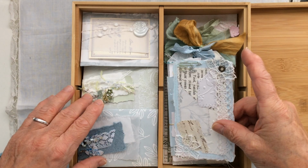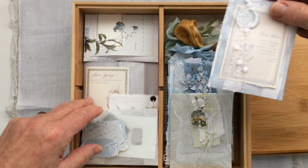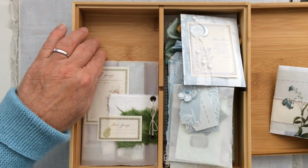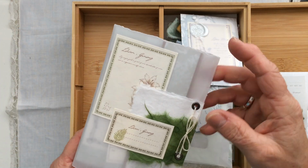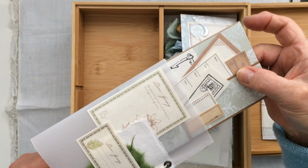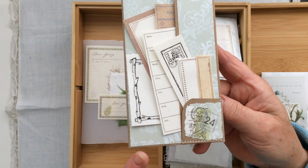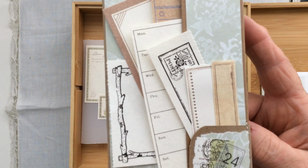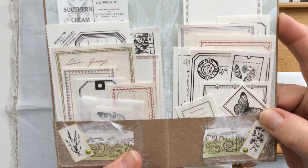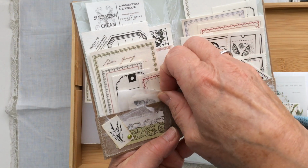stained paper. Okay, so you know what's in all of these little parcels here, exactly the same as in the previous one. This one has your guardian angel in, and then another one of these ephemera folders. Now this is not a Christmas one, this is just one of the label ephemera folders, and just a quick glance inside so that you can see all the labels, a little bit of collaging there. As you can see, stuffed full of as many labels as I could get in there, and a little tiny